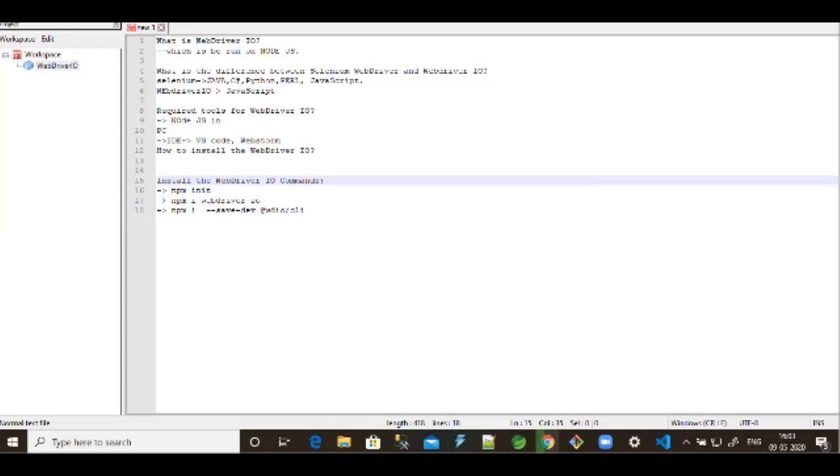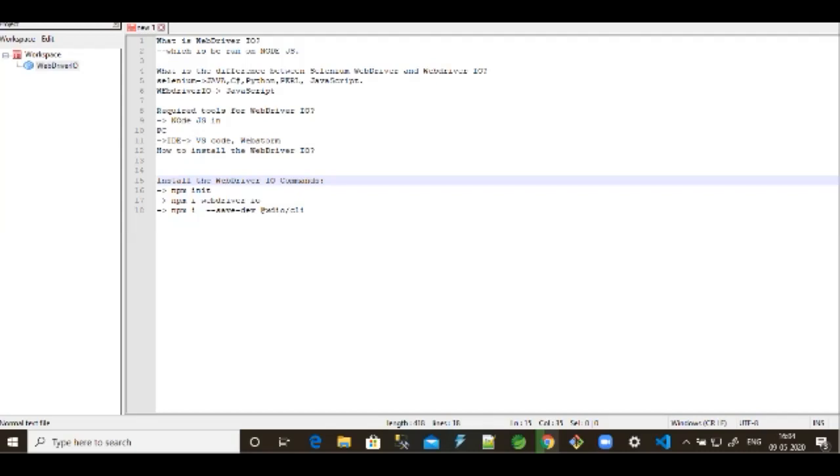The most frequently raised question is, why do we need to use WebDriver IO? It depends upon the development requirement as well as the client requirement. If the development side is working with JS applications like Angular JS or React JS, then in that perspective we can go with React JS within WebDriver IO or React JS within Protractor. My preference is that WebDriver IO is the best instead of Angular.